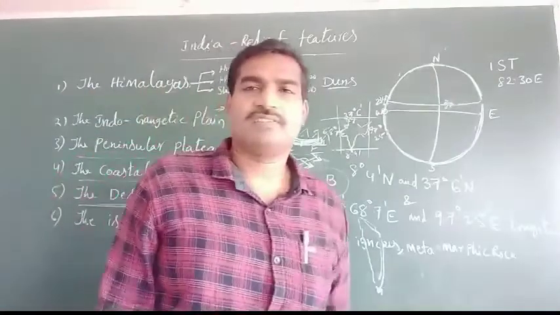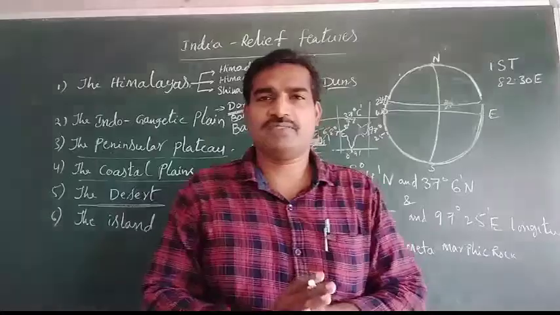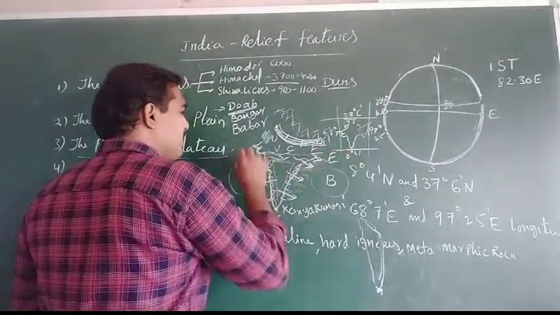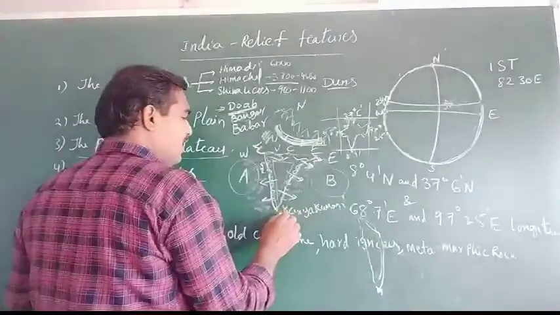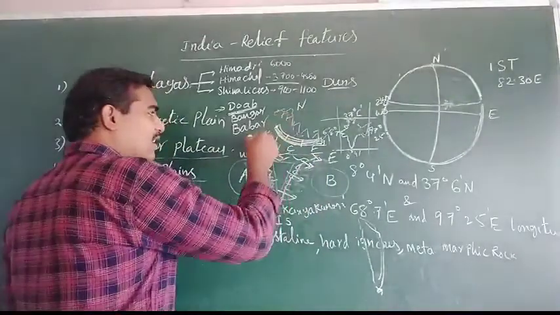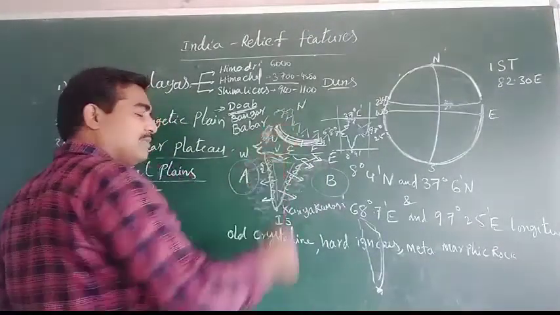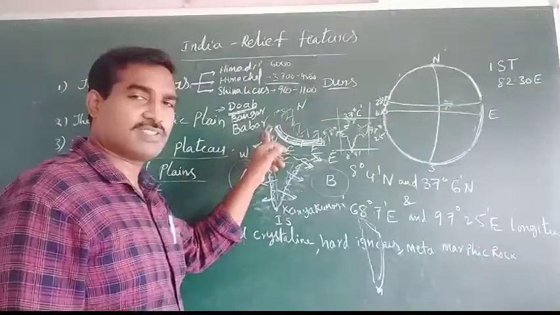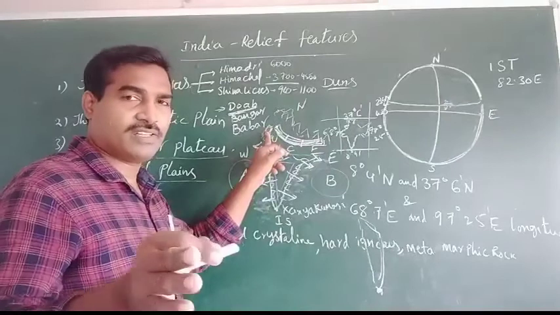Next important physiographic division, the desert. Where is it located? One and only desert there, that is the Thar desert. This is located in this region. We know this is east, west, north, and this is south. Exactly this desert, the Indian desert, located in the northwestern region,